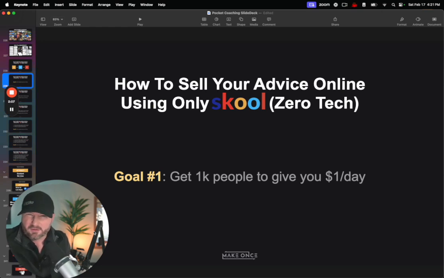And also, the neat thing about this is you get to generate money without having to feel weird or have that imposter syndrome thing, because you're going to learn that the way you actually build this is by simply getting interested in something and getting people around that idea and getting them into your community completely for free, being helpful with them, engaging with them, and then asking them if they want more help or more premium help.